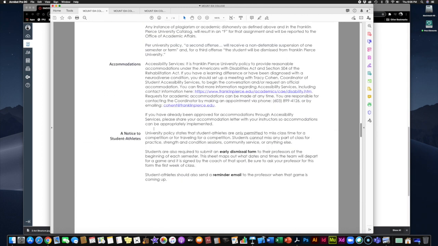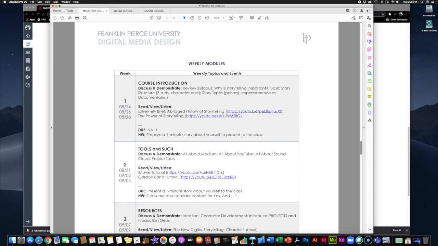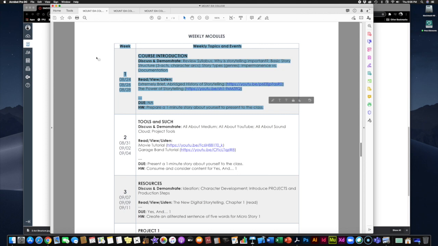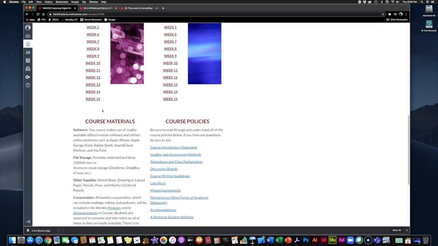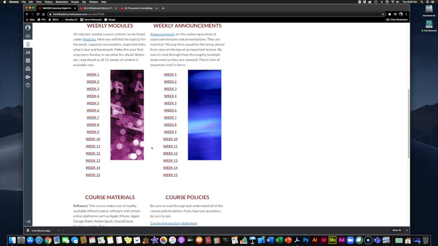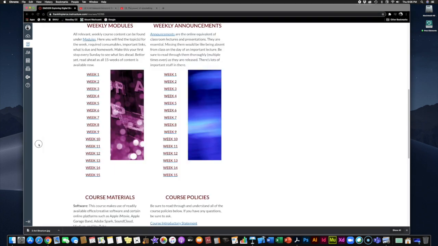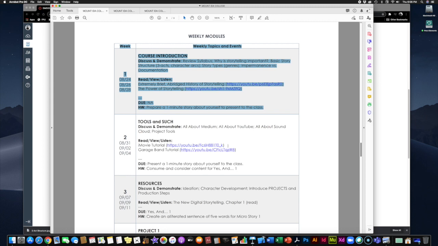And then, of course, we get to the week to week. Now, this is where the real meat and potatoes is. Now, in the syllabus, each one of these weekly rectangles corresponds with a module. So you're going to find the exact same information on the syllabus, labeled week 1, week 2, whatever, as you're going to find in the modules labeled week 1, week 2, whatever. I tried to be as consistent and redundant as possible so you can find everything in multiple places.